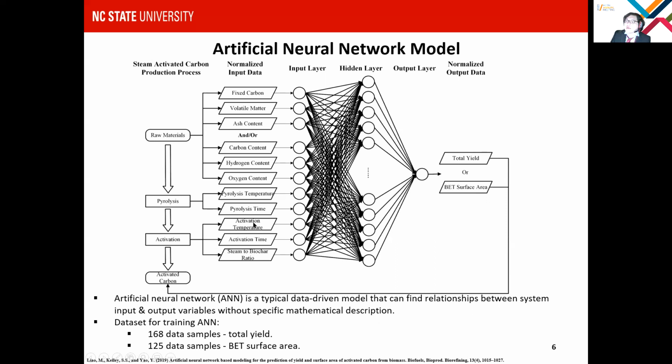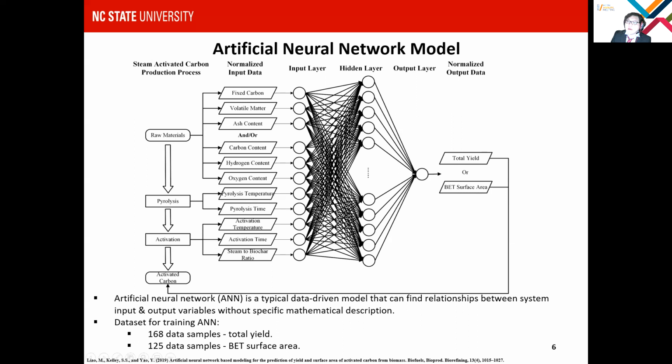Here we have taken all these parameters, including feedstock characteristics and these operational conditions, as the input to predict the yield and BET surface area of the final activated carbon products. We have collected a large amount of data from the literature, and this neural network has been already published in 2019. Since we use artificial neural network to get the yield of the overall process, for the detailed product composition, we need to use other types of models for both the pyrolysis and